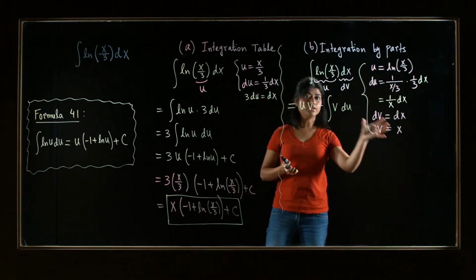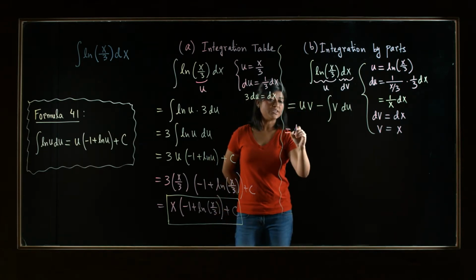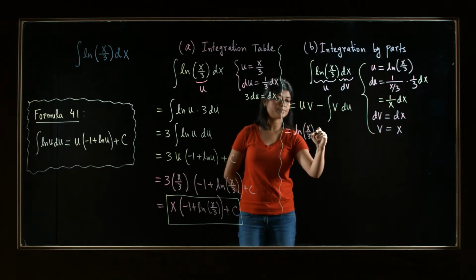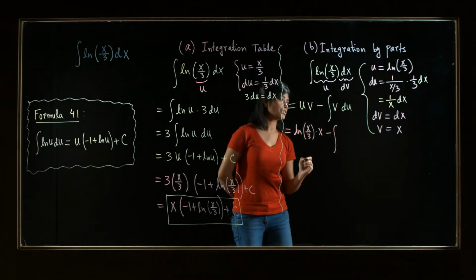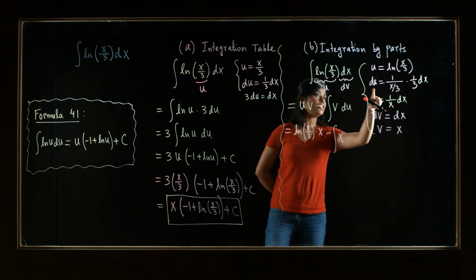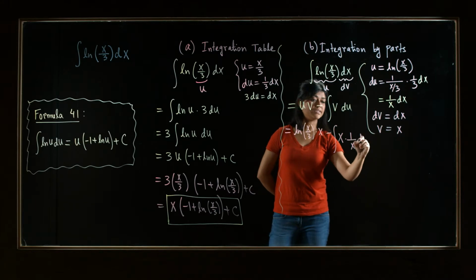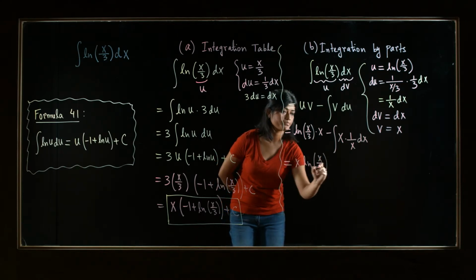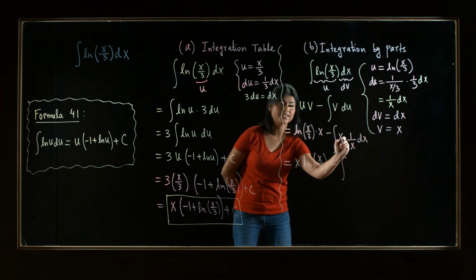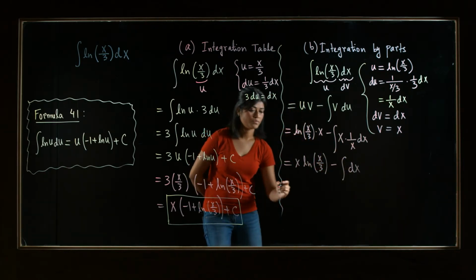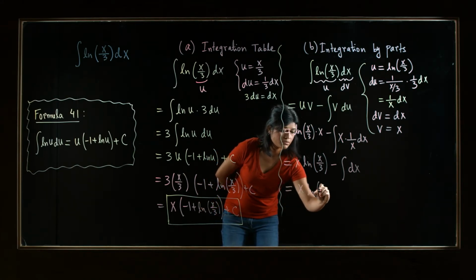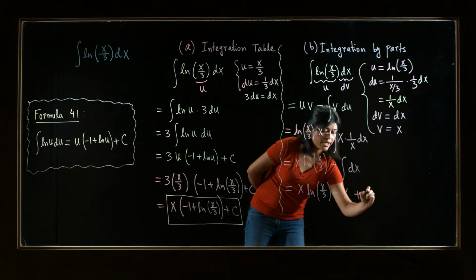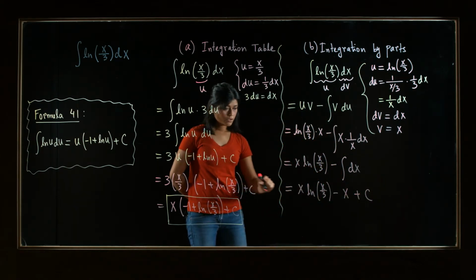And now we rewrite all these expressions here. So u is natural log of x over 3. Okay. V is x, so this times x, minus, inside the integral, you have v, which is x, and du is right here, 1 over x dx. All right. So you have x ln of x over 3 minus, inside the integral, x and 1 over x cancels, and you are left with dx. Next, let's integrate dx, and that is just x. And then you add the constant of integration. So this is the solution